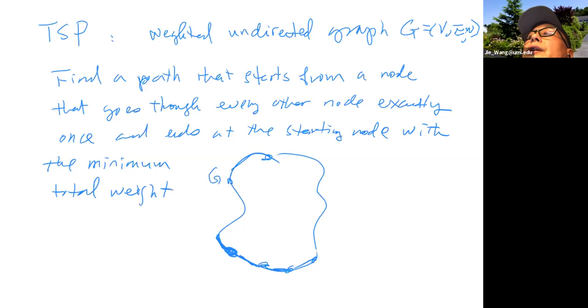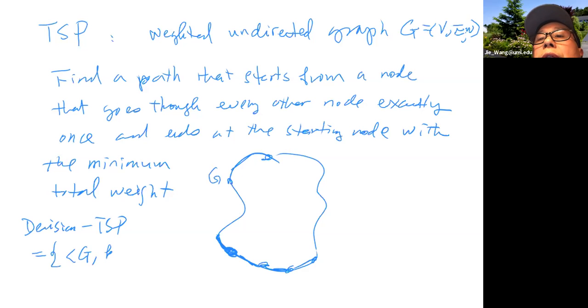Okay, so this is an optimization problem. It is not a decision problem. So how do I do a decision problem? I can convert this into a decision problem in the following form. So we can say this is a decision TSP. It will be the set of G, the encoding of a graph G, and K, such that there is a